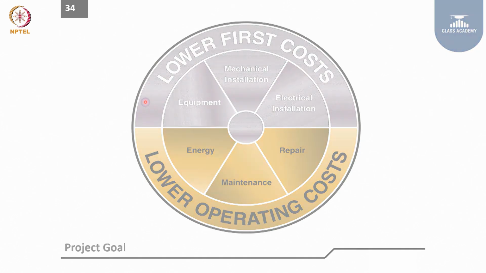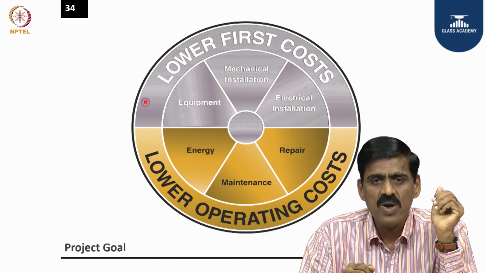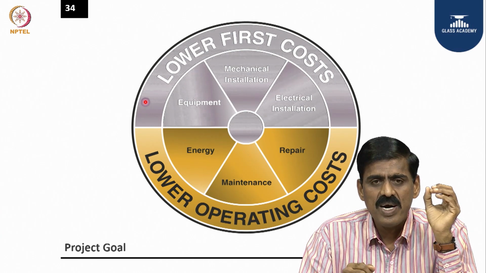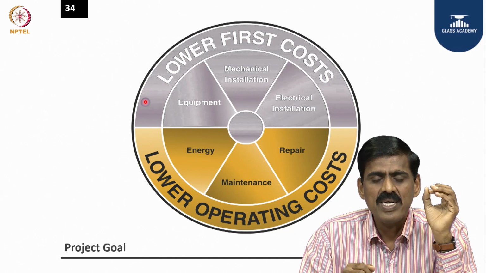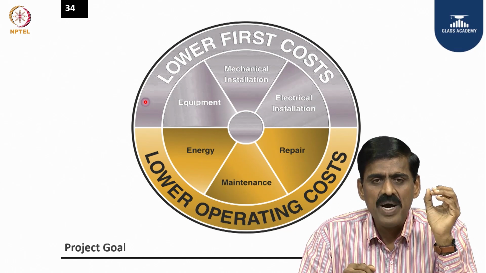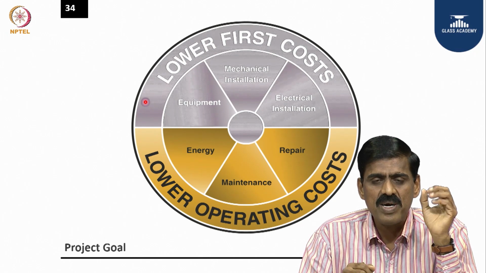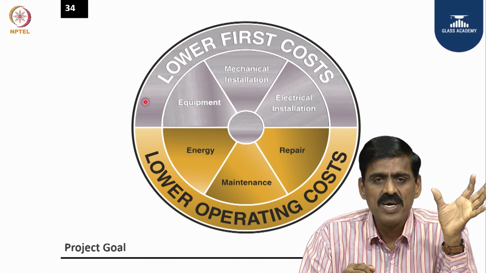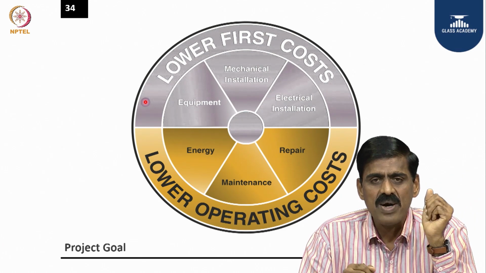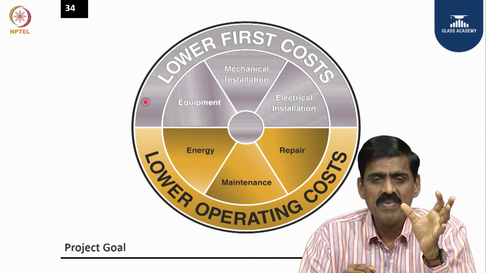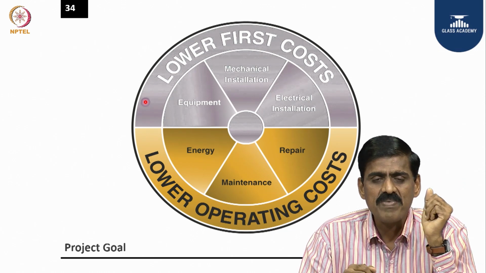So ultimately we have to look at lower first cost and lower operating cost. This is a very critical parameter to be considered in the building design. Right from the beginning, set a tone that I will invest where there is an ROI. I will invest where my operating cost is going to be less. I invest where my occupant comfort is taken care of, health and well-being is taken care of. So you have to balance your investment and operation cost. If you balance OPEX and CAPEX well, sustainability will be a very good economic option for anybody to adopt.